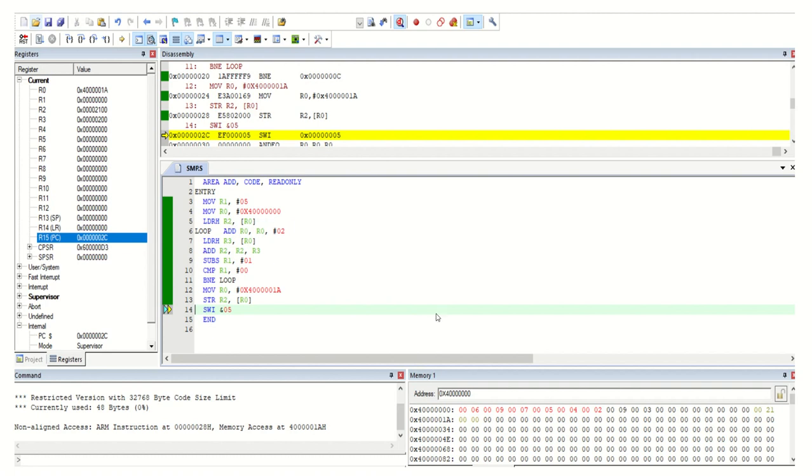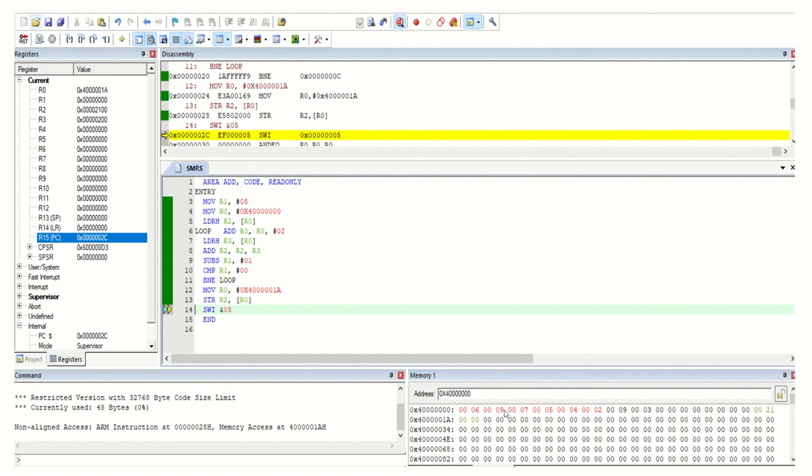Here I load the first number into one register, and then you have to go for the second number. To go for the second number, you have to increment the pointer. How many times? Initially we are here, then we have to go here for the second number. That's why you increment twice, and that's why we added #02 here.